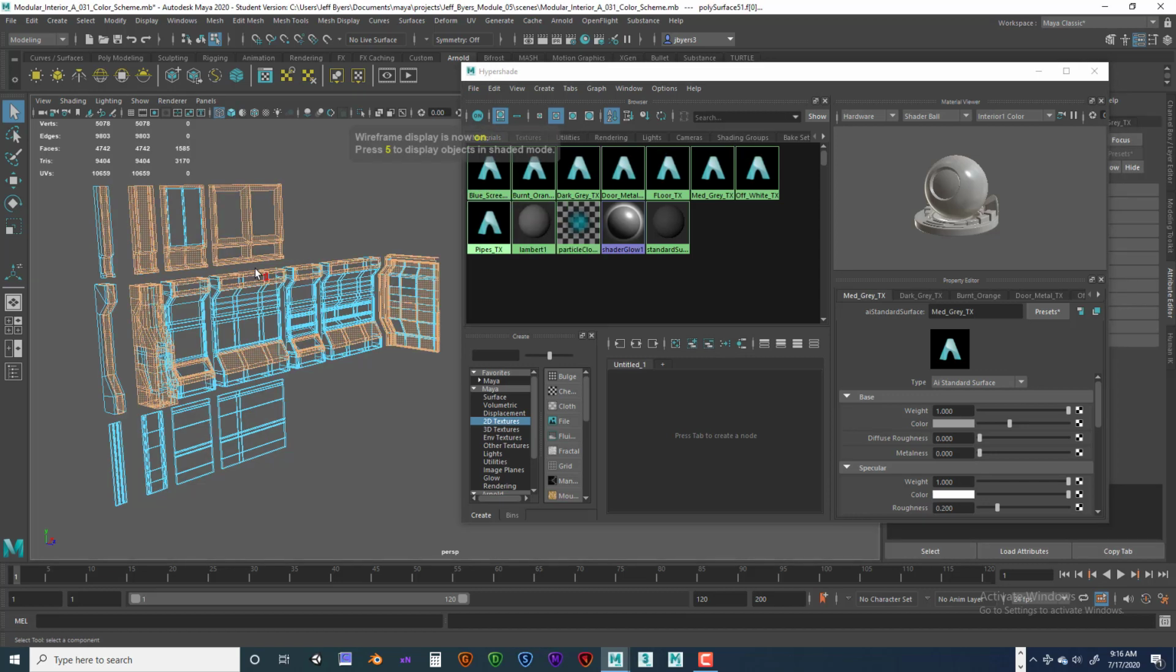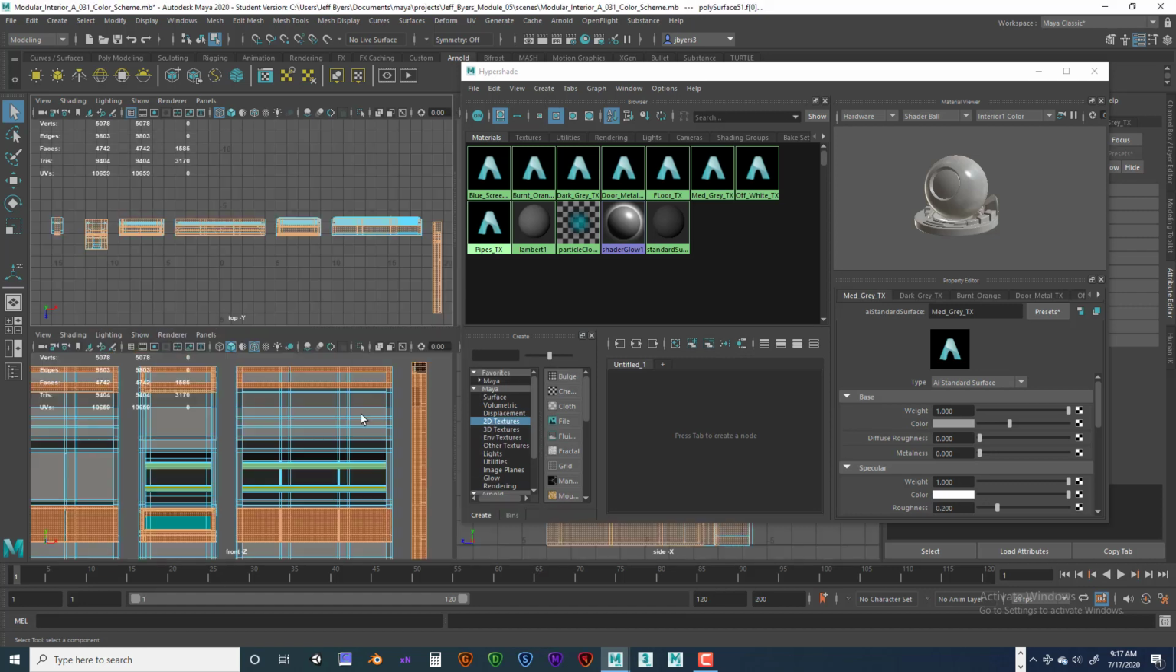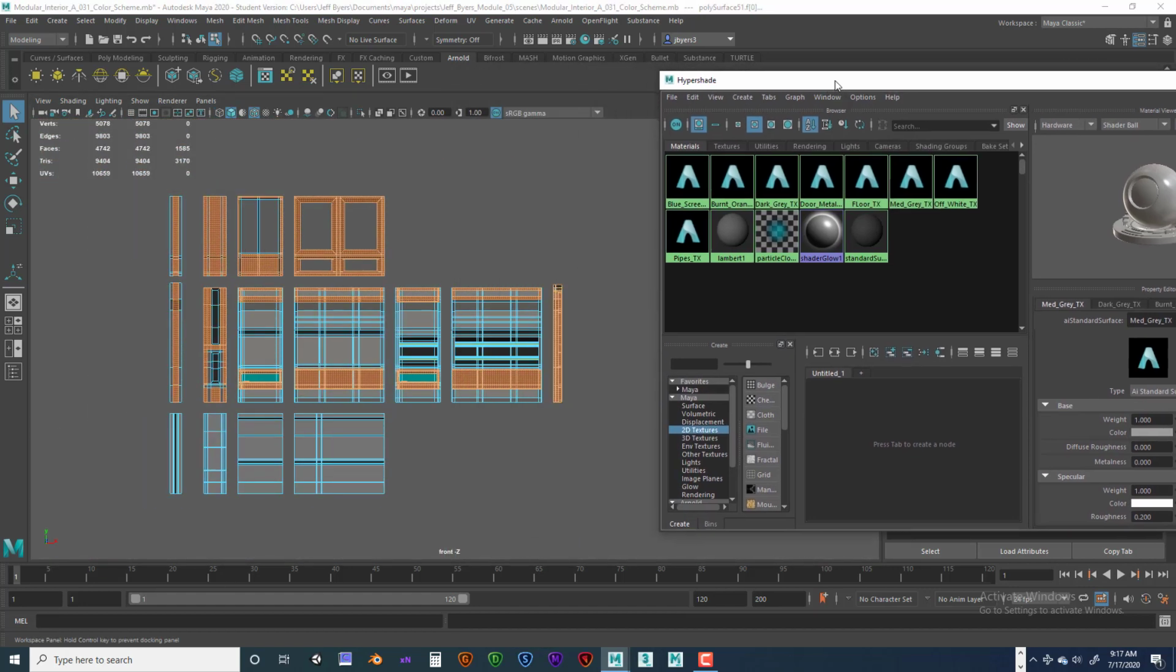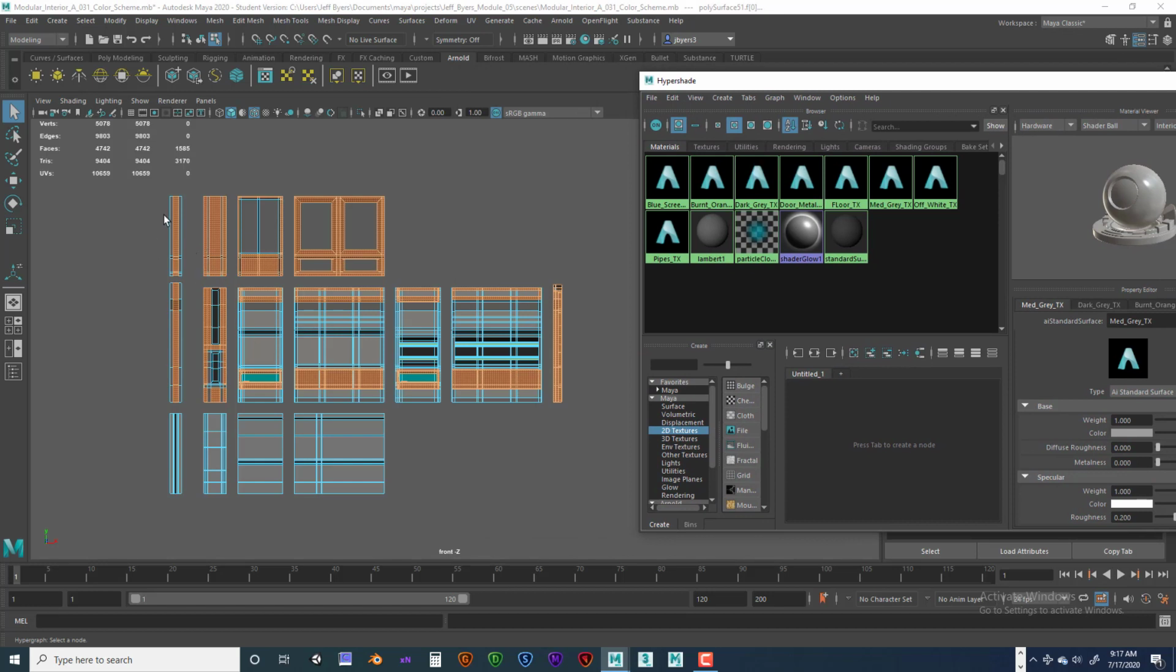And if I hit the 4 key, notice that everything highlights with the burnt orange material, which is amazing, which is awesome. All that work you did now paid off. Now you can see how easy it is to select everything. Now in the front view, I can now easily go in here and deselect the ones I don't want to